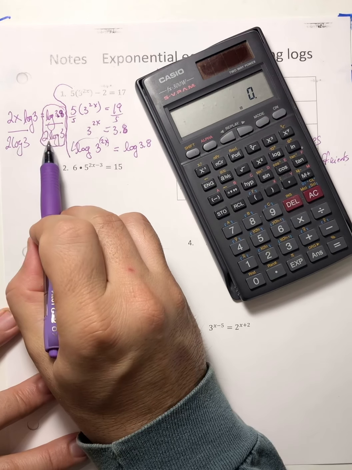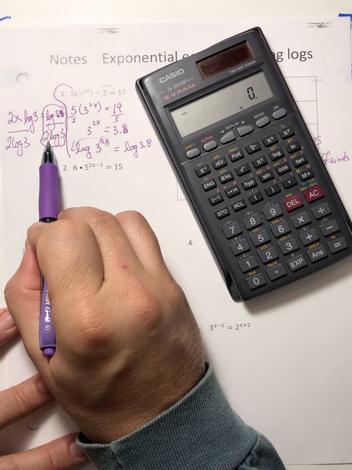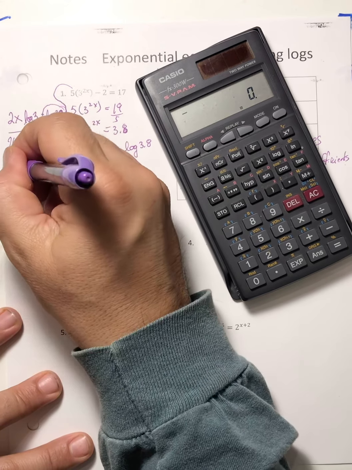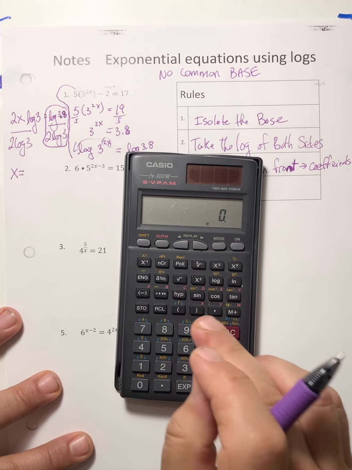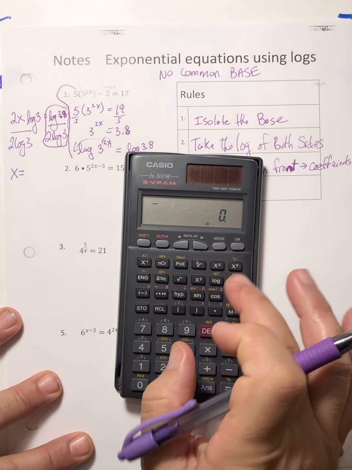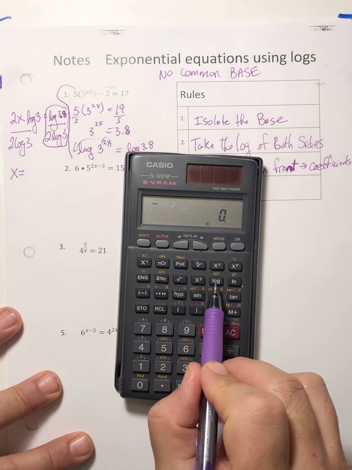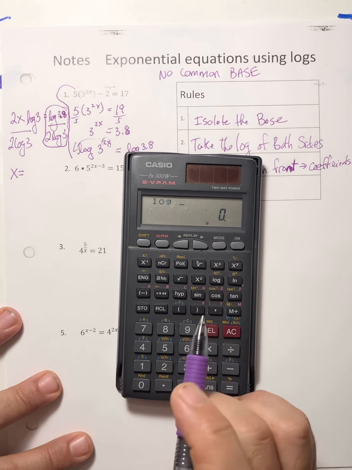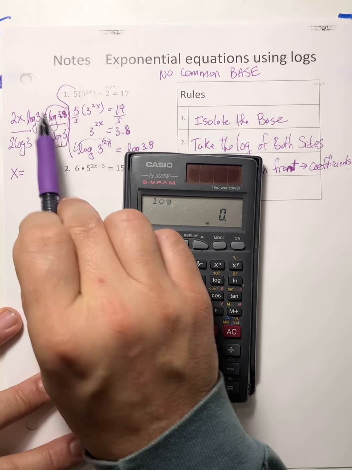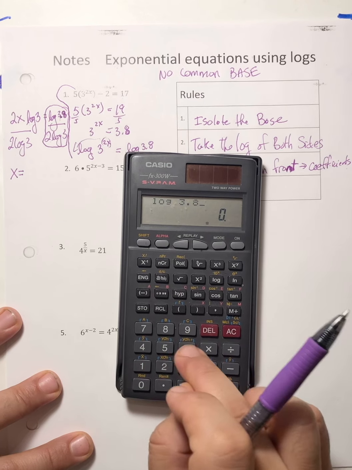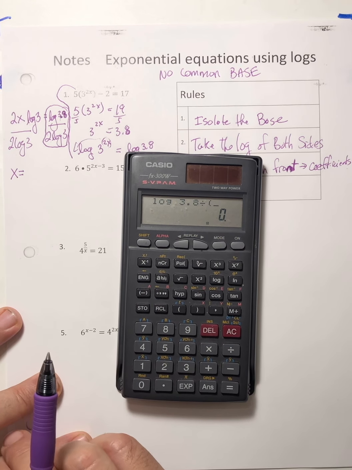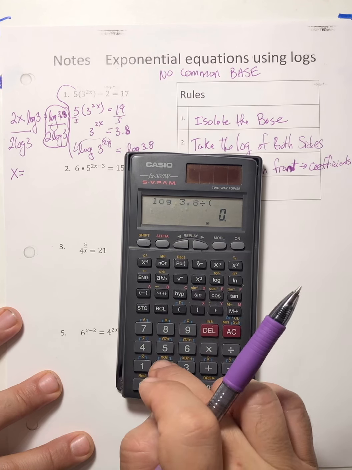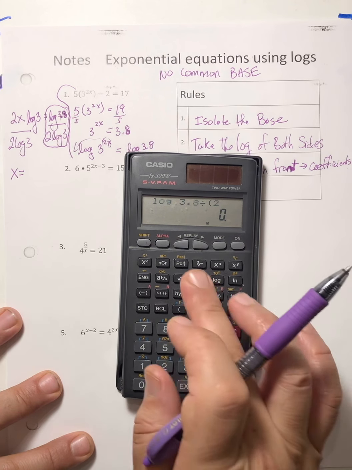And on most calculators, you need parentheses for the denominator. So if you do it correctly, it's log of 3.8 divided by, open parentheses, 2 log